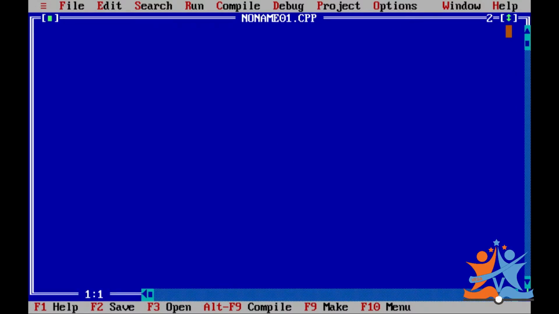What is the first step? Linking the library. Hash include stdio.h. Then what is the function? Void main. Why we write it like this, we will discuss in a further session. What is void, what is main? Main is nothing but a function. Why we take void, we will discuss in further sessions.